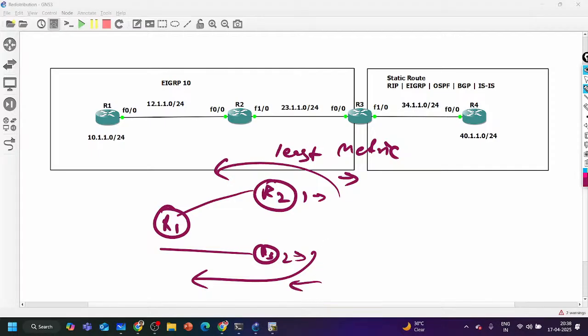And here we can send the default one. Automatically it will select router 2 or ISP1 as the primary path. So we can manipulate the path as well while redistribution. Why is redistribution required? Because by default two different routing domains cannot communicate. Two different routing domains means one routing domain is one AS, autonomous system, and an autonomous system means the area or group of devices where the routing policy is the same. In this case, the routing policy is not matching. That's why two different domains are not exchanging the prefix.